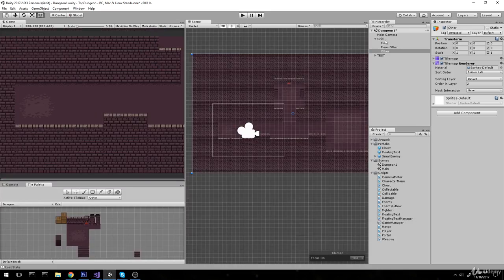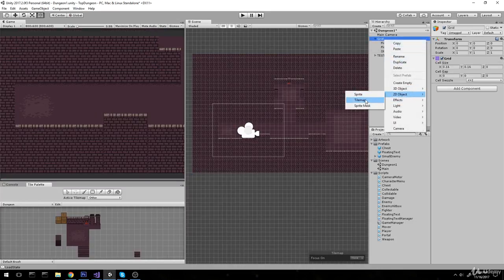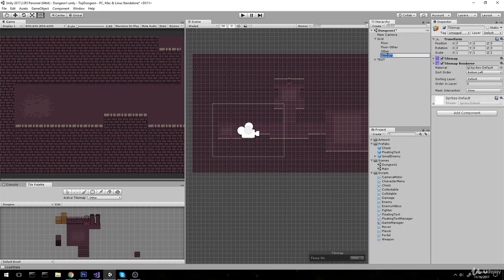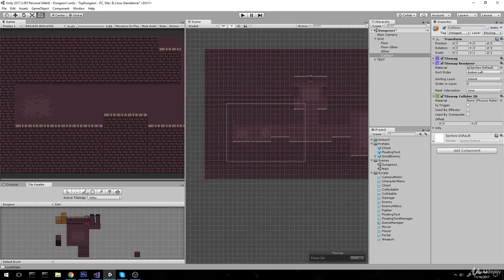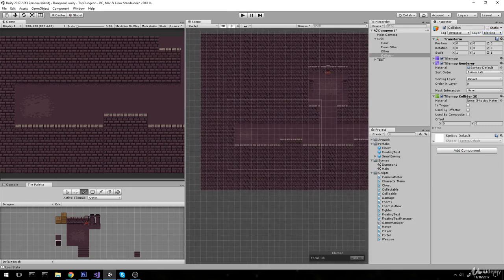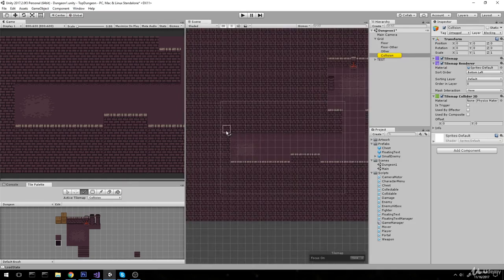But there is one thing left. We're going to right click on grid to add an object and make sure we have a collision layer. Let's put that layer on blocking. Make sure we have a tile collider 2D, and let's draw right on top of it. So I'm going to take the black square and start drawing. Make sure your active tile map is on collision, and you're going to go ahead and just start drawing the